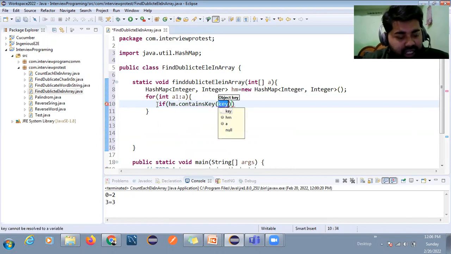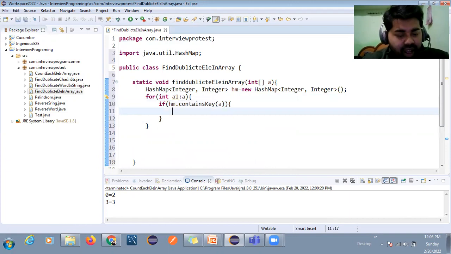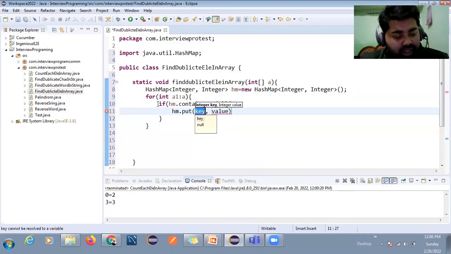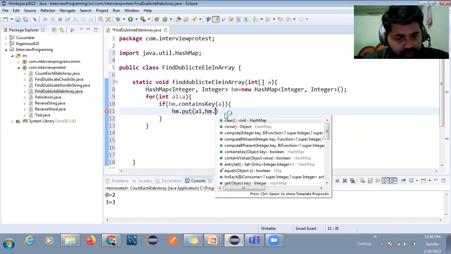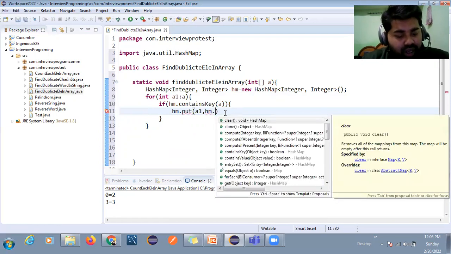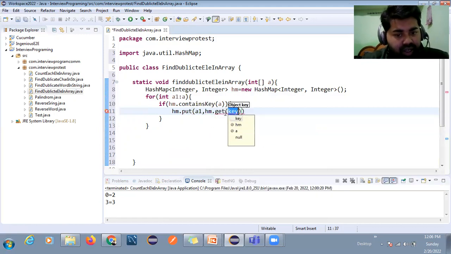It will check each element, and now hm dot put, and this is your a1, and here hm dot get of a1 plus 1.